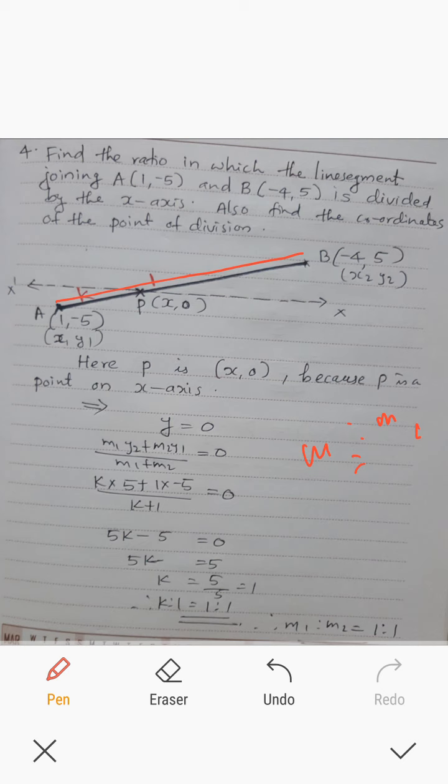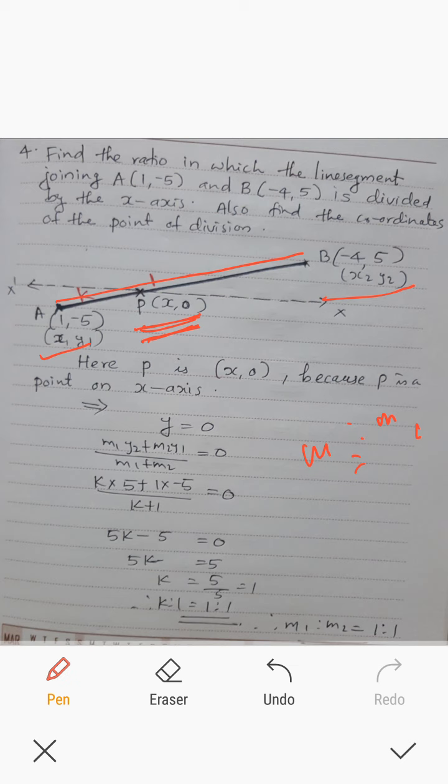In the previous problem, we were given the coordinates of the point of division directly. But in this problem, we are not given the coordinates of the point of division. We are asked to find the ratio of division. To find it, we must be given the coordinates of the two endpoints and the coordinates of the point of division. These three should be given to us to find the fourth measure. Instead of giving the coordinates of the point of division directly, we are told here it is divided by the